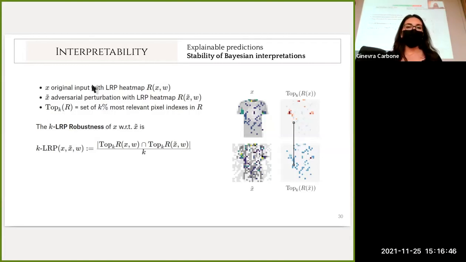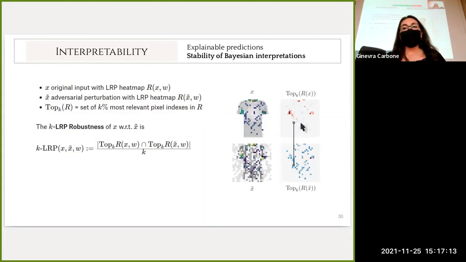So we consider the two heat maps R of X and R tilde of X associated to the original image and to the adversarial one, respectively. And then we compute. You have a graphical representation of this on the right. We compute all the relevance scores associated to both of them and see how much they agree on